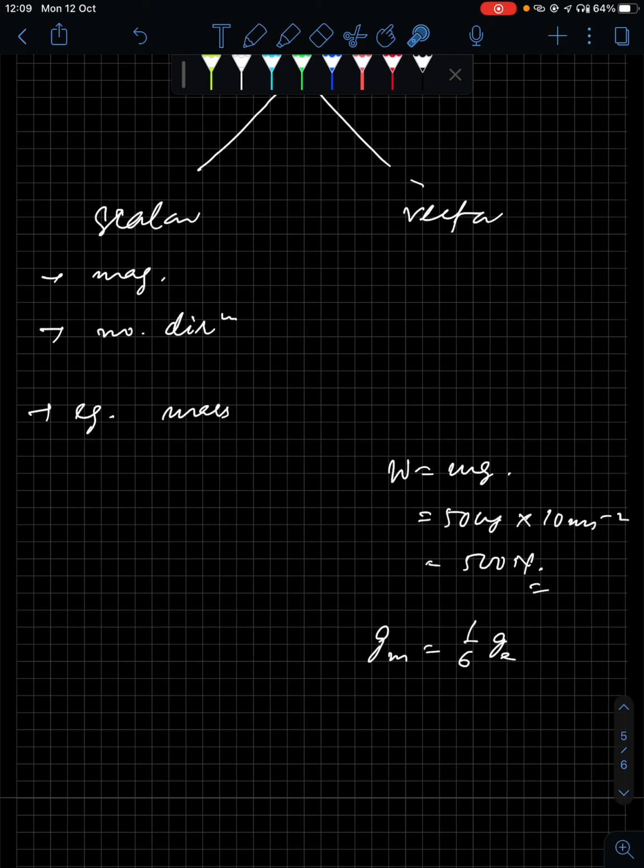The value of g in Jupiter, right? So what is the value of g in Jupiter? It is about 26 meter per second square. If you consider Earth's value to be 10, it is less than 3 times. So if your weight is 500 Newton on Earth, you'll be a little less than 1500 Newton on Jupiter. So your weight will increase.